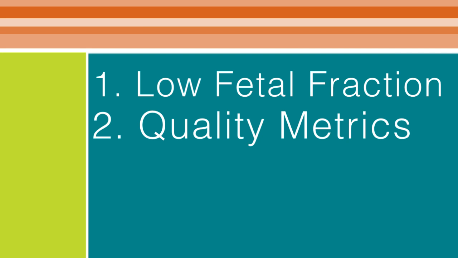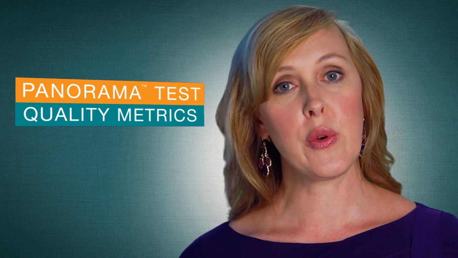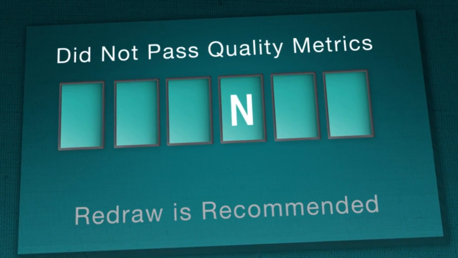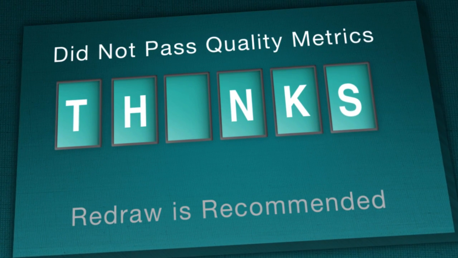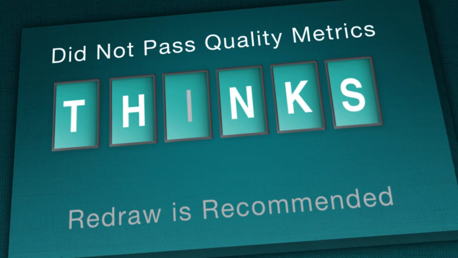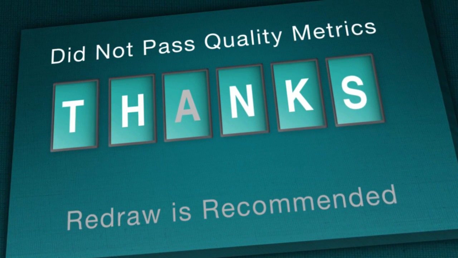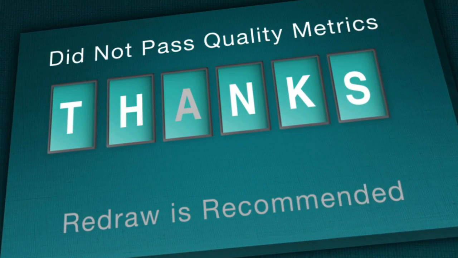The second way this can occur is by something called quality metrics. Quality metrics are all of the components we use to help us determine whether or not a baby may be affected with a particular condition. Again, going back to our word example, now let's say I filled in more of the letters. However, there's still a blank space. This blank space could be an I or an A, therefore making the word thinks or thanks, which are two